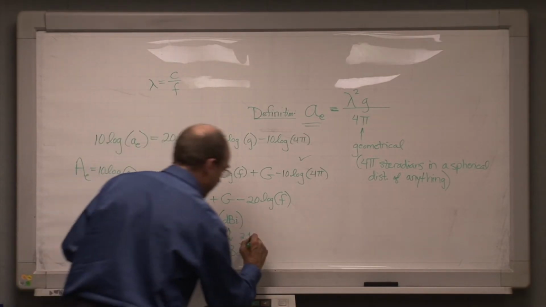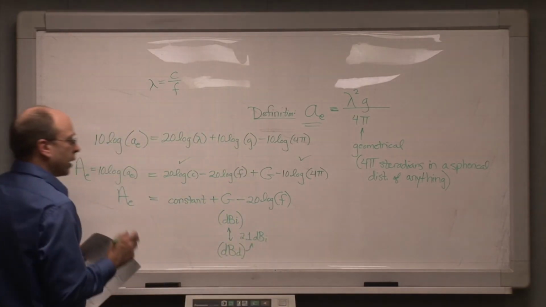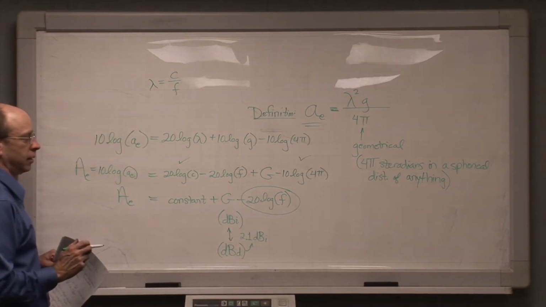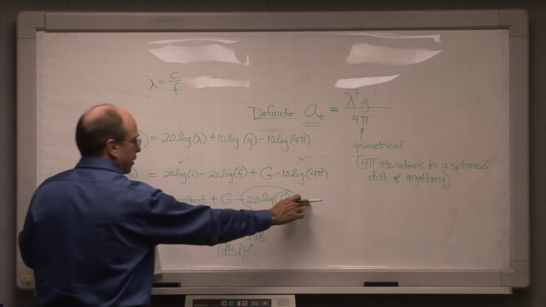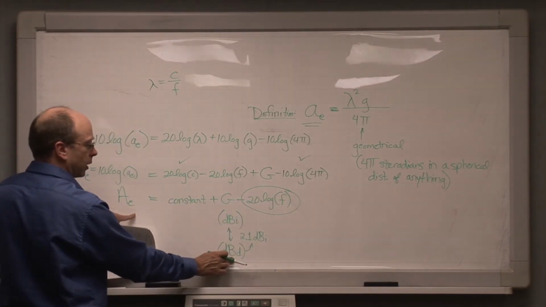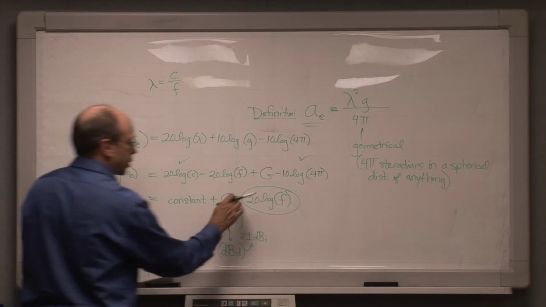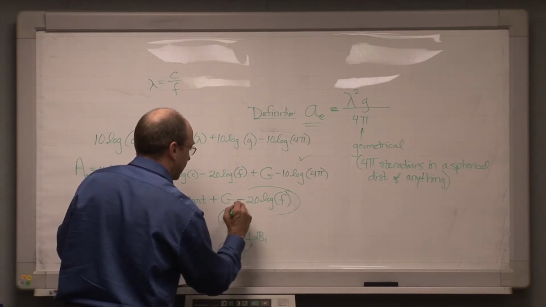A dipole should have a gain of 2.1 dB over isotropic, minus this term, minus 20 log f. This term for the effective aperture of an isotropic antenna, or equivalently even for a dipole gain, when it appears in calculations related to propagation, will show up in the calculation,